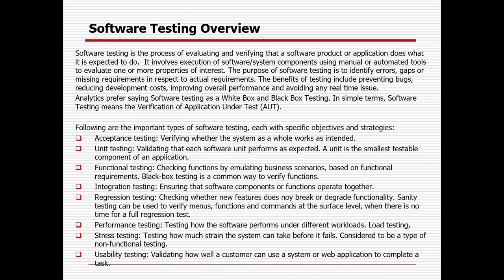And once everything is done, the customer will do their testing, which is called UAT, where alpha testing and beta testing will be there. Alpha testing will be done at the developer side and beta testing will be done at the customer side. After that, once UAT is done, the customer will accept the product and it will go to production. And there, for any failure, warranty support testing will be there. Apart from that, there are a variety of testing types, but these are the high level testing which, on a day to day basis, we as testers need to perform.